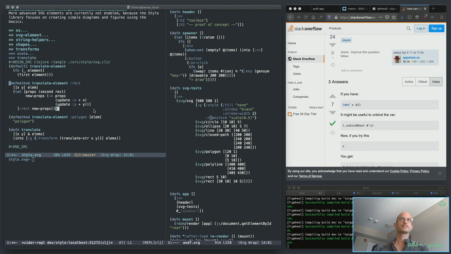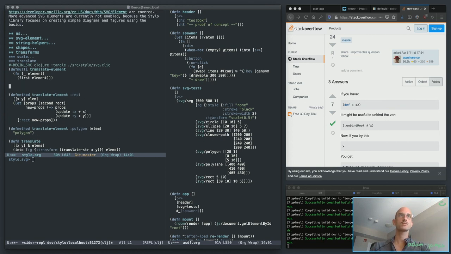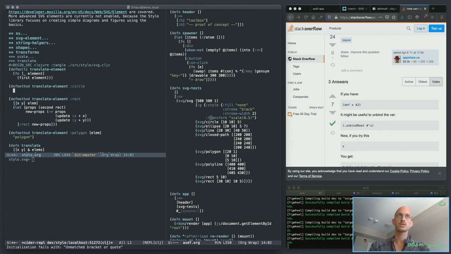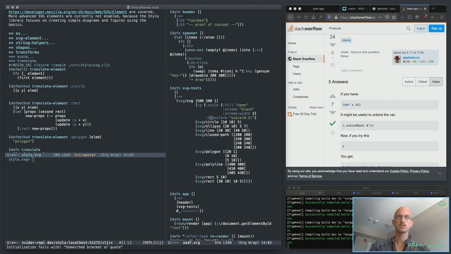Okay, let's have a look at, so we'll leave rectangle as is because that is pretty much correct. We'll do now def method translate element circle, which is going to be exactly the same. The only difference is that